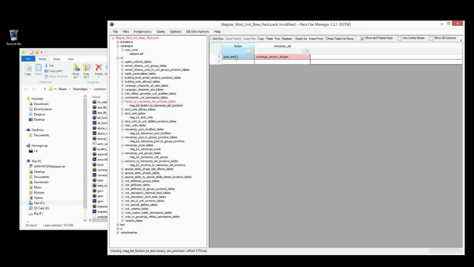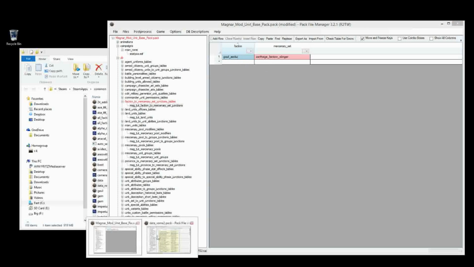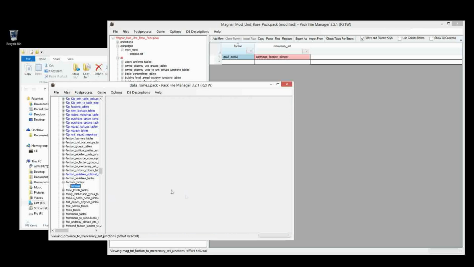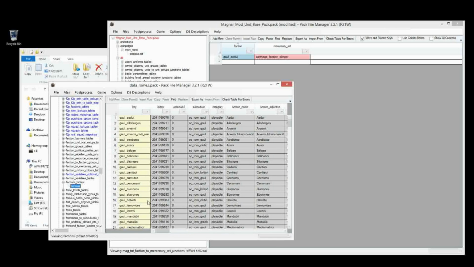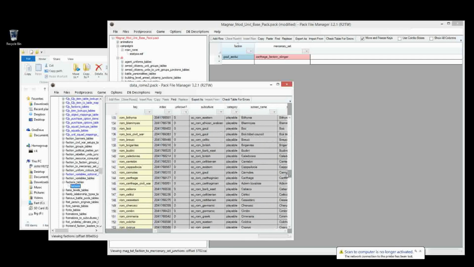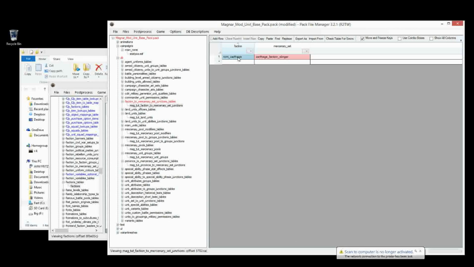And now I want to grab the Carthage faction code. So I have the data roam 2 already open, and I can go to factions, down to Carthage. Okay, save that. And we'll grab that unit again, as we did with the province, and now we just have